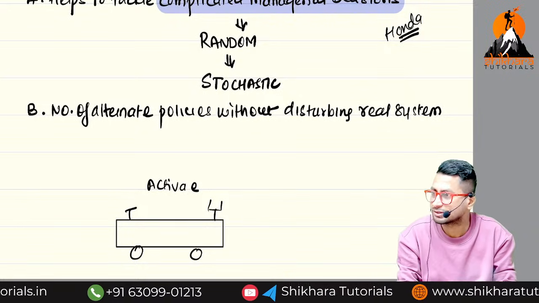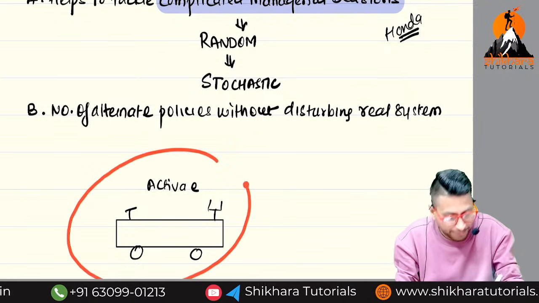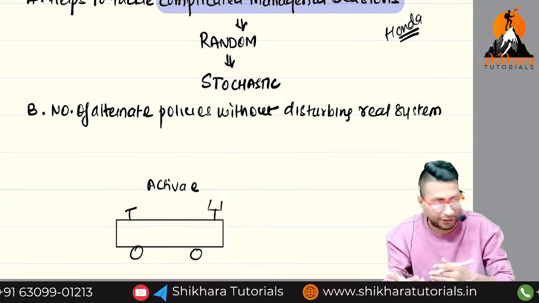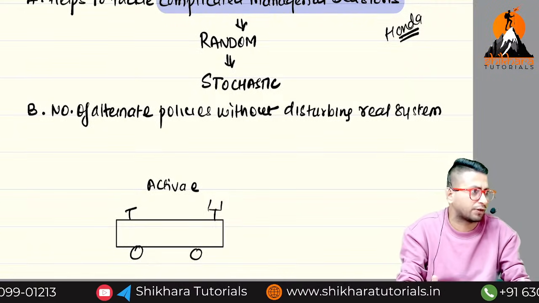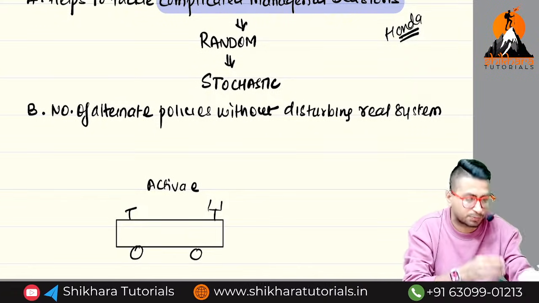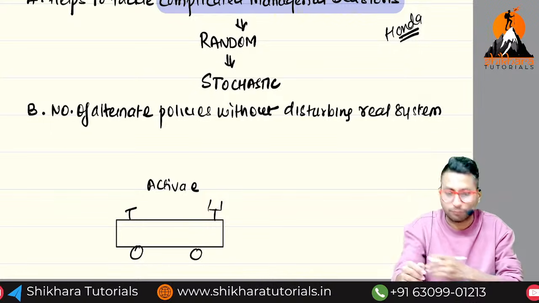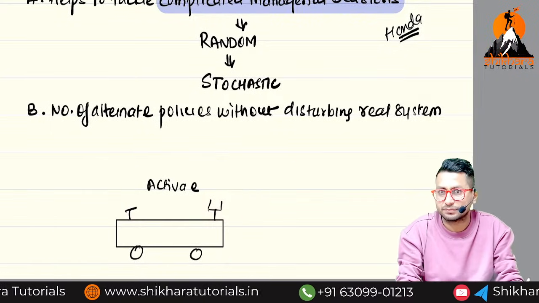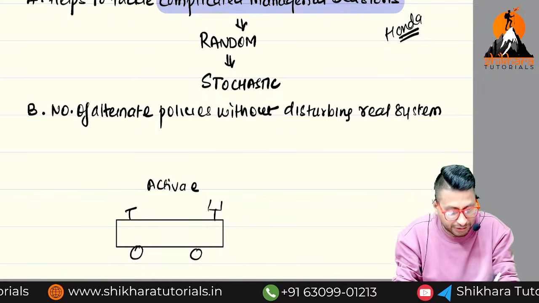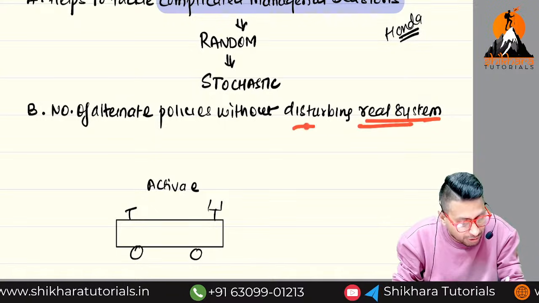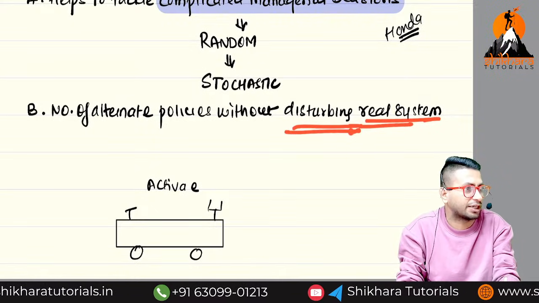Range is very less. Had they compared their business with other businesses and entered the data in simulation software, they could have easily found out what problems Activa might face with respect to electric vehicles. But without analyzing, they launched Activa E in a haphazard manner. Because of that, without analyzing anything, they directly started disturbing the real system, which is correct or wrong?